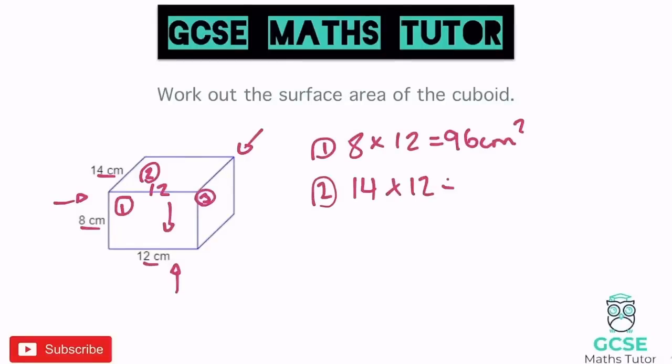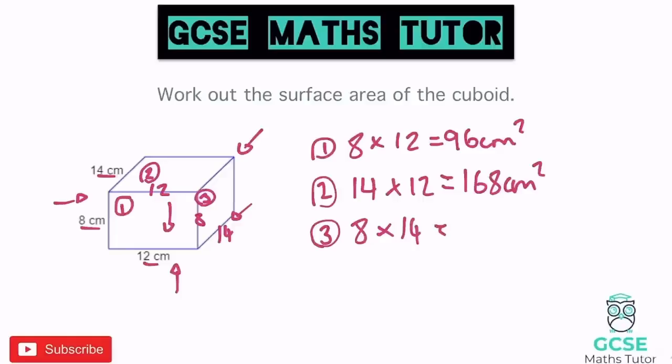So 14 times 12, you've just got to work that out, and that's 168. So that's 168 centimetres squared. And then the last one, face number 3 on the side, it's not labelled, but we can label that the height's 8 and the length going backwards is 14, the same as the length on the top there. So we've got 8 times 14. So 8 times 14 for our last one. 8 times 14 is 112. So that's 112 centimetres squared. And if we add all of these up, 112 plus 168 plus 96, we get the answer